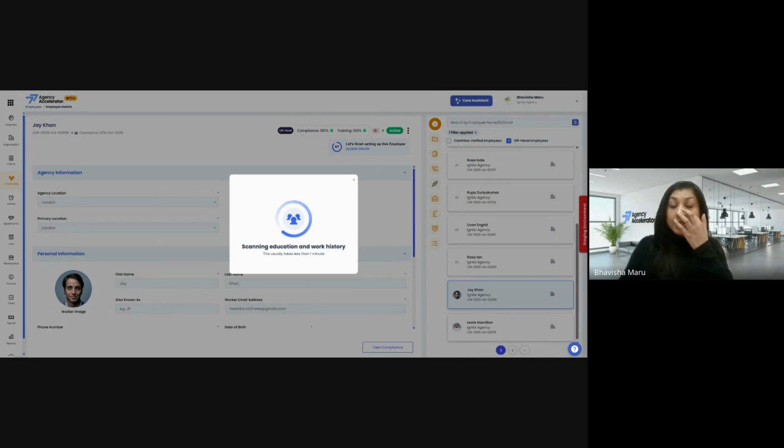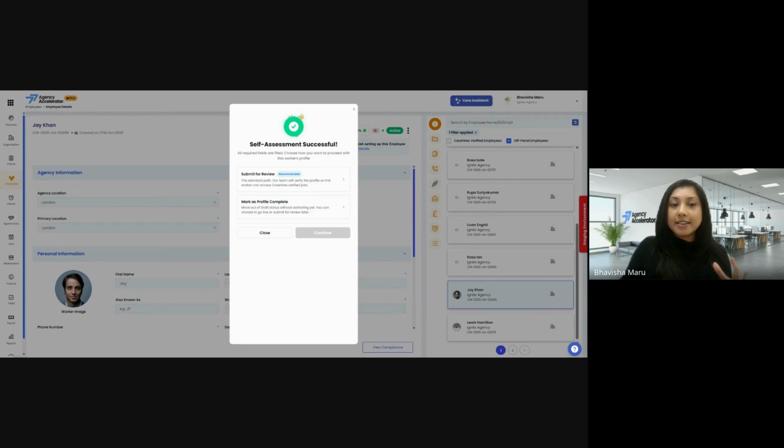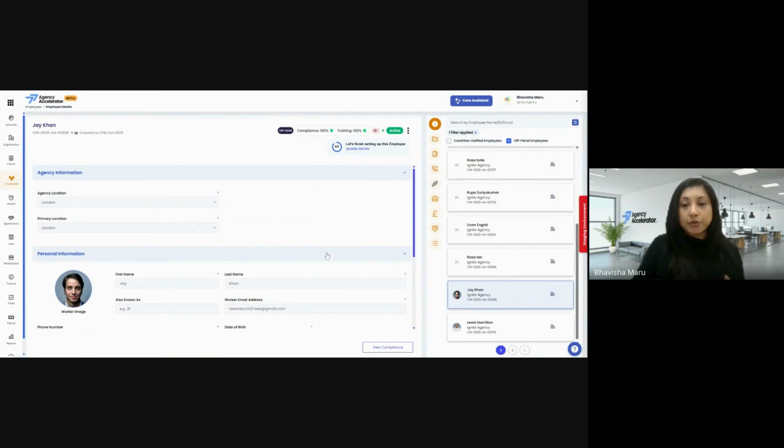and what it's going to do is scan the profile and identify if there's anything outstanding for any Care Hires mandatory compliance or any fields that are missing. Right now, everything is pretty much complete. So what I'm going to do is submit for review. As soon as I submit for review, it's going to go across to our Care Hires compliance team. They'll be able to approve that profile for Care Hires, and you'll then be able to submit that worker for